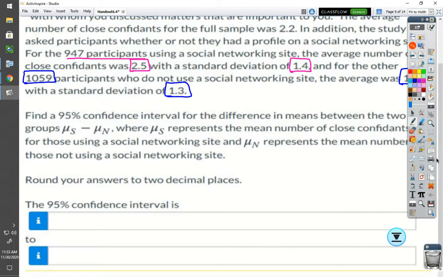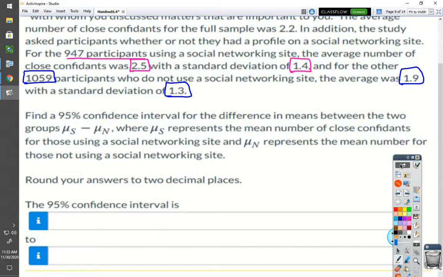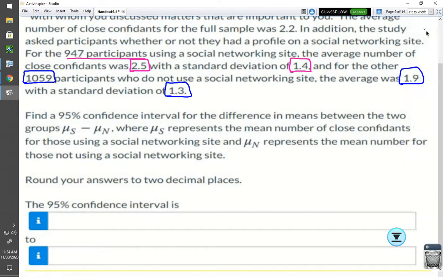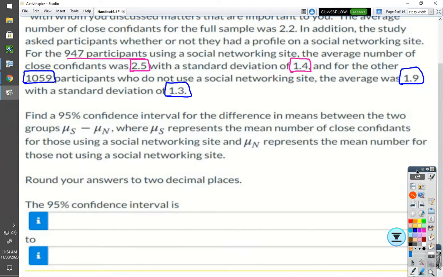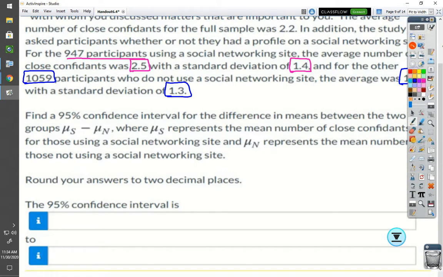Find a 95% confidence interval for the difference in means between the two groups, mu_S minus mu_N, where mu_S represents the mean number of close confidants for those using social networking sites, and mu_N means the number for those not using social networking sites. Okay, very good. So when we go back and look at that, we know that the formula we have to utilize is going to be